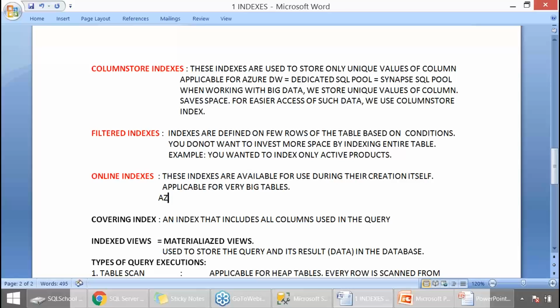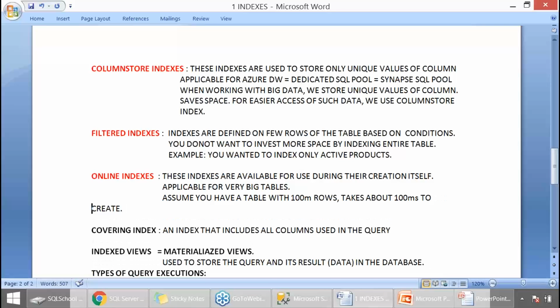Assume you have a table with 100 million rows and say it takes around 100 milliseconds to create. Assume a production environment with multiple process and memory. So it takes about say 1000 milliseconds to create.